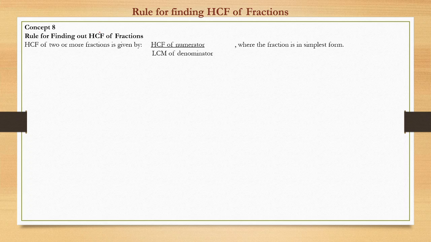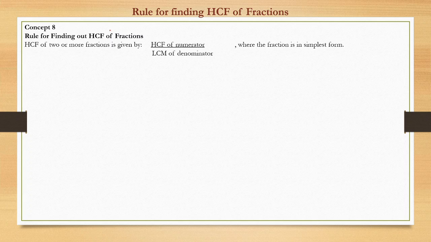So far we have seen how to find HCF using different methods, like the division method and the prime factorization method. Then there were some shortcut methods wherein we look for the smallest number, and the factor of the smallest number would be the HCF of the numbers. Then we also saw that we can consider the difference of the two numbers, because the HCF of a given set of numbers would be a factor of the difference of those two numbers. So similar concepts we have seen.